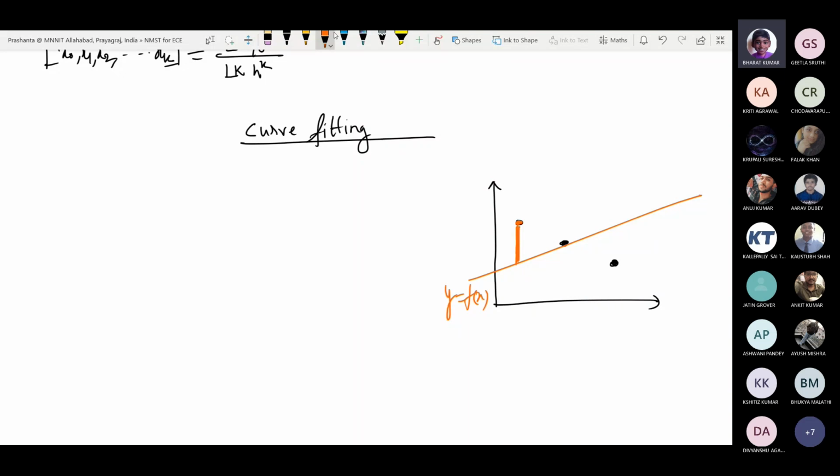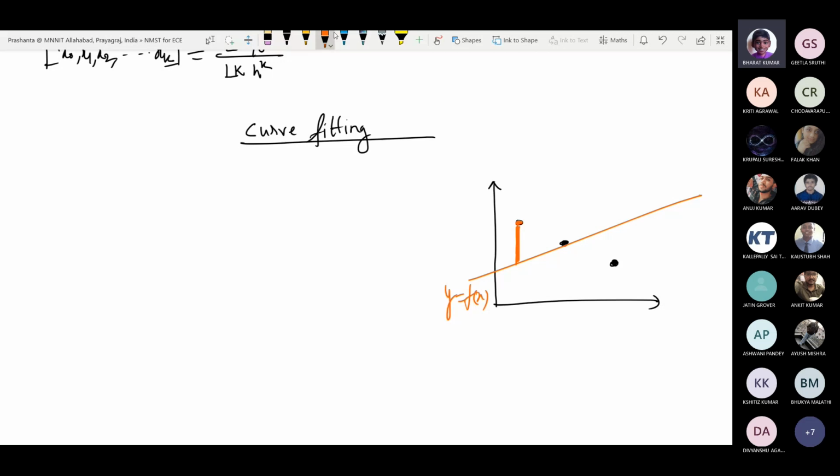And one more thing I should tell: in x values, no error is there. In x values, the input values, you will decide when you want to find out the temperature. So at 5:30, there is no error. Or at, let's say, time t equals 2 seconds, what is the height? So in x values, there is no error. You are determining when you want to calculate the output values. So in the x axis there is no error. Only error will be in y values, so the error will be calculated along the y axis.